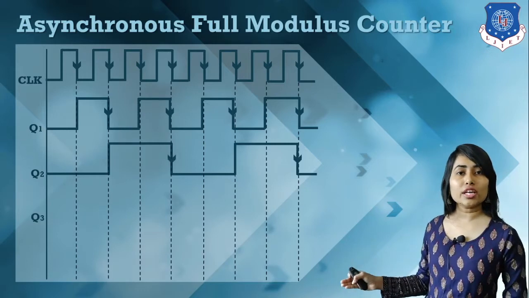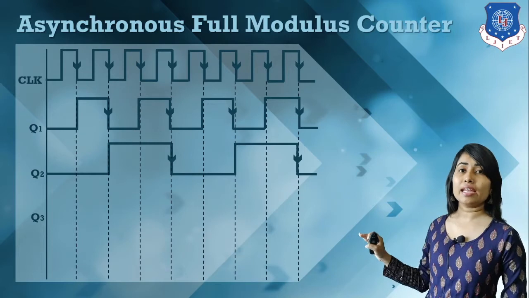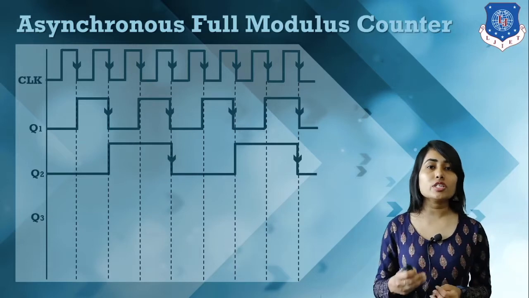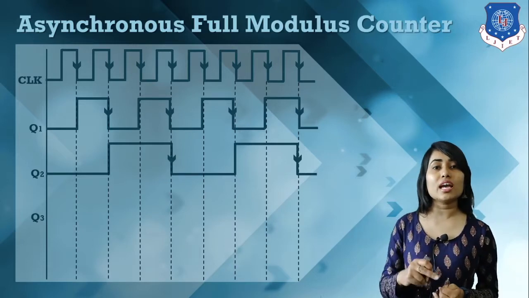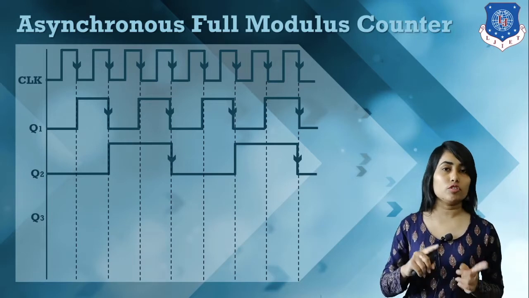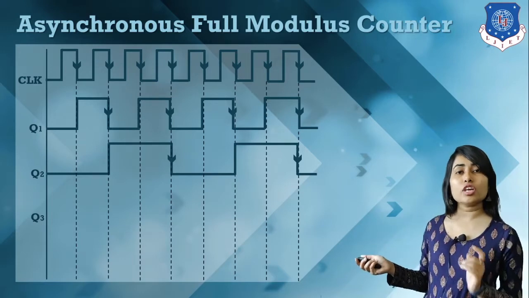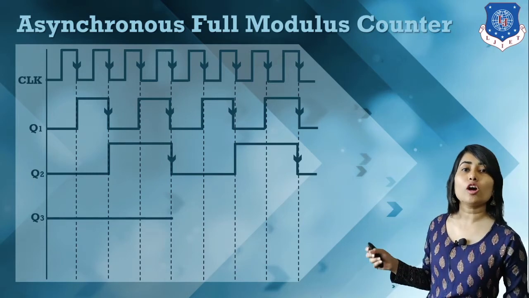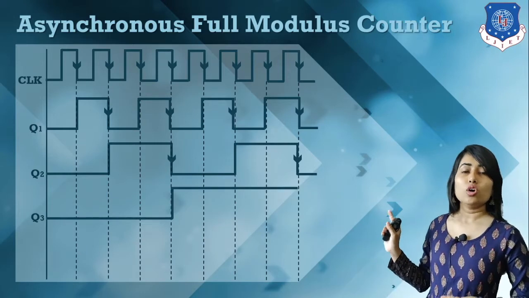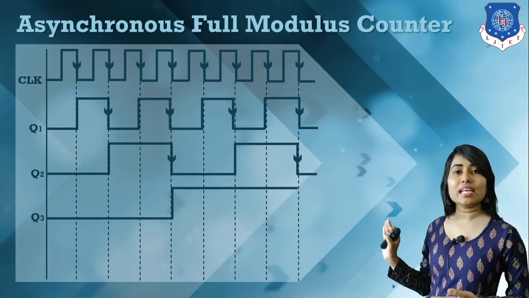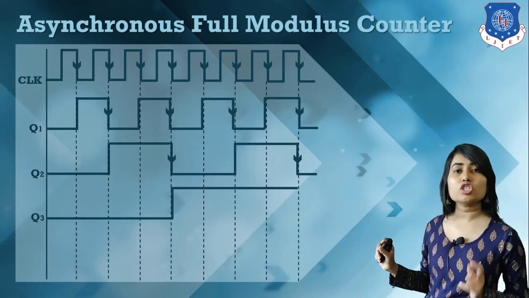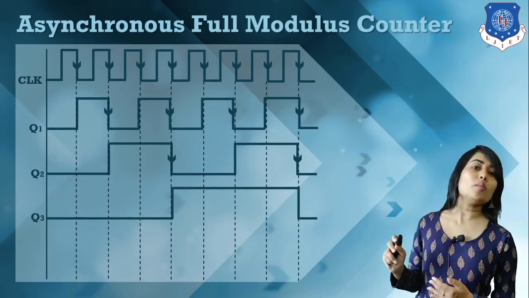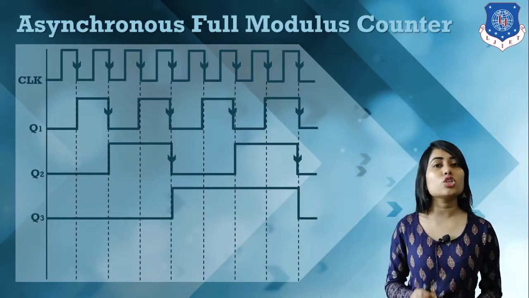Now for Q3, Q2 is the clock for Q3. So to calculate Q3 we have to mention the negative edge of Q2, because this third flip-flop is also a negative edge trigger flip-flop, and Q2 is the clock for the third flip-flop. Initially, when there is no negative edge of Q2, we have a 0. Then when the negative edge of Q2 arrives, our output will be toggled, so here we have a 1, and it will continue up to the next negative edge of Q2. Now whenever the next negative edge of Q2 arrives, this output will be complemented. This is how Q3 will be counted.